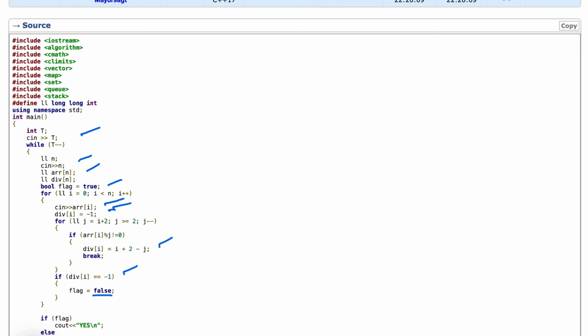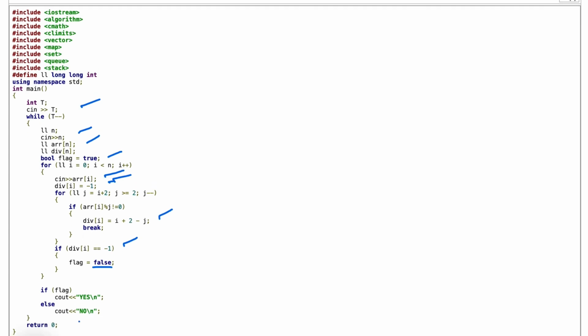And if it is still -1, that means our flag is false. That means there is one number that is divisible by all the factors, so I can't remove that from those. So our answer will be no in that case. If flag is false, our answer will be no, or else the answer is yes. Now, one thing you might wonder is